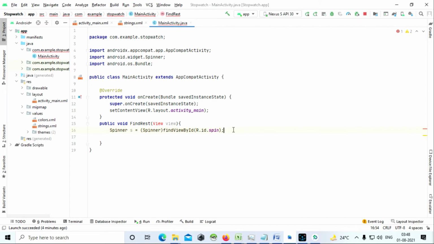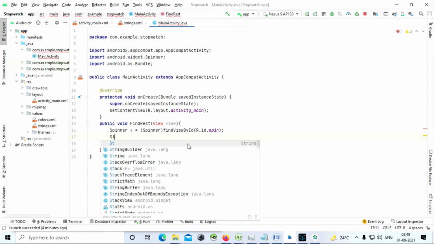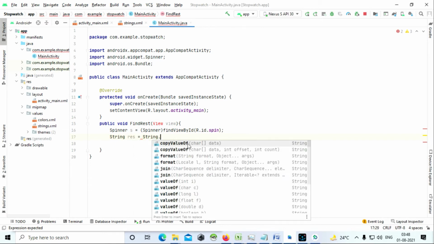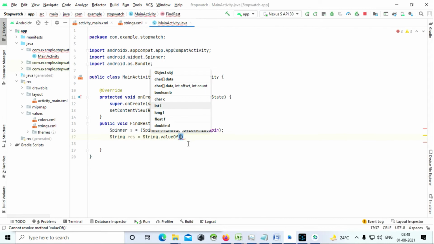Okay, I hope you understood that. Now let us take this value and convert it into a string. res equal, let's do String.valueOf, so it's going to convert whatever value we give inside this to a string.